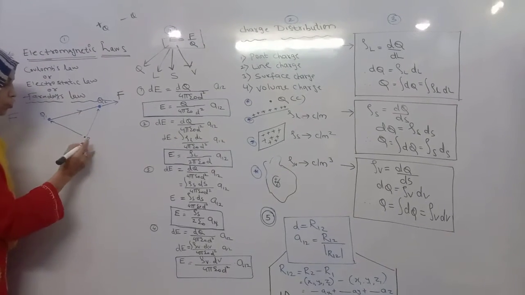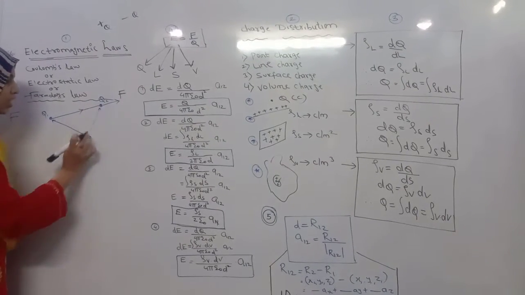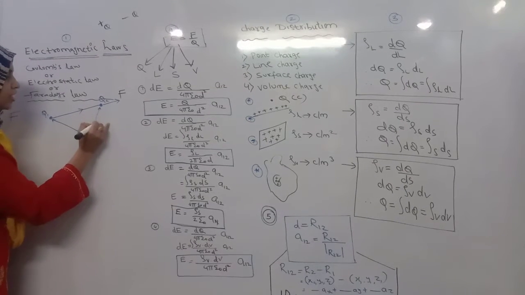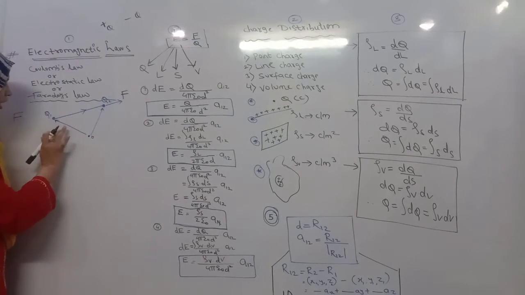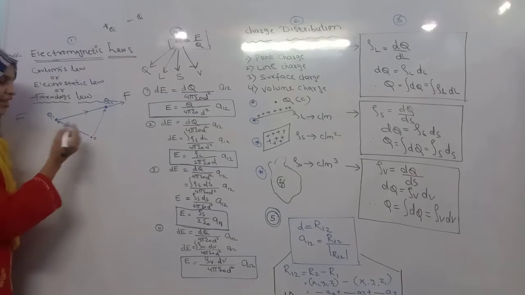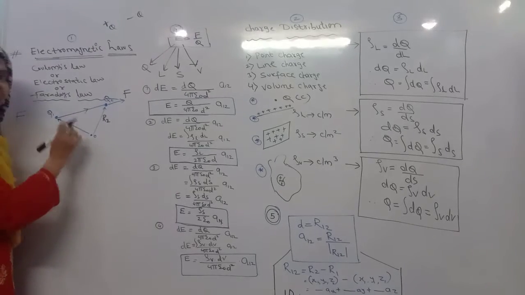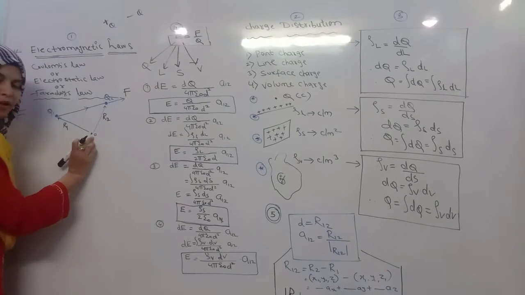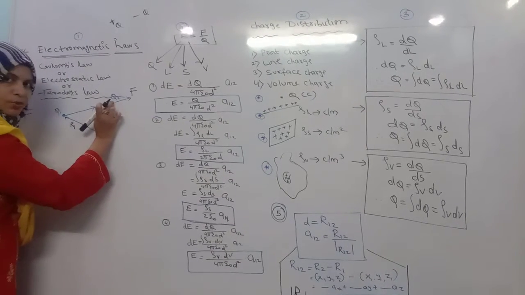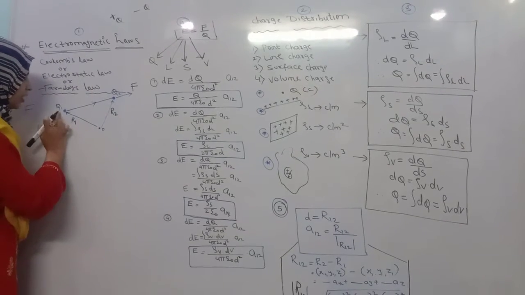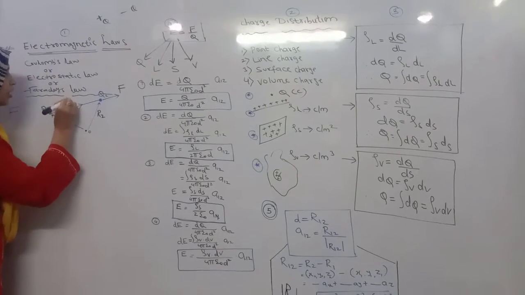At a particular point, the origin, I am applying the force to this charge and to this charge. The distance for Q1 will be R1, either in capital or small letter, it doesn't matter. For charge 2, this distance will be R2. Because the origin is here, where I am applying the force, the distance related to charge 1 is R1, related to Q2 is R2, but the resultant will be R12.